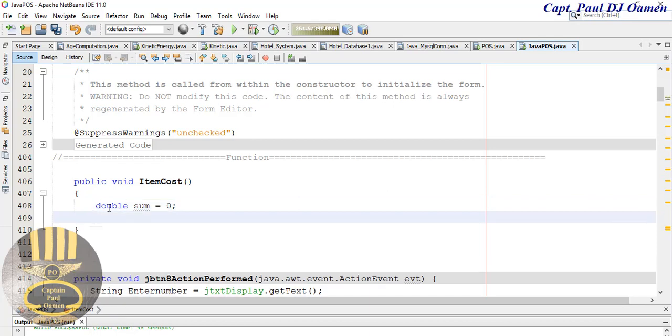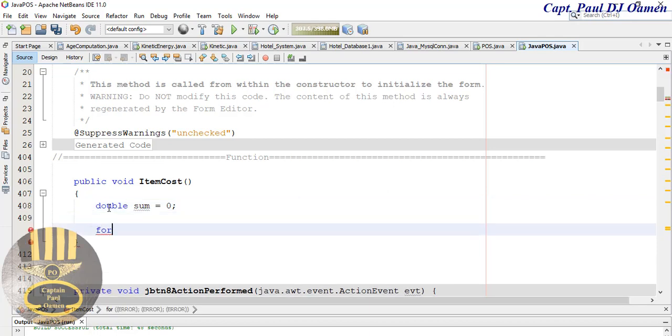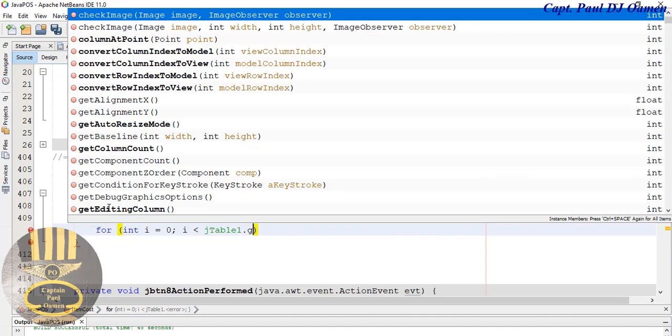Now I'm going to use a for loop. For, open up a bracket, int i, I'm going to use that to take care of the loop, equals 0, i less than jTable, table, I think it's table 1, dot, let's say